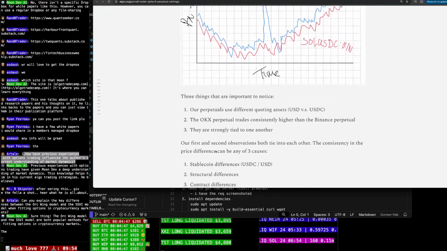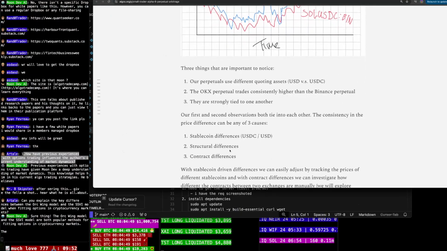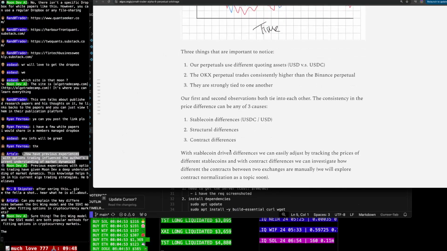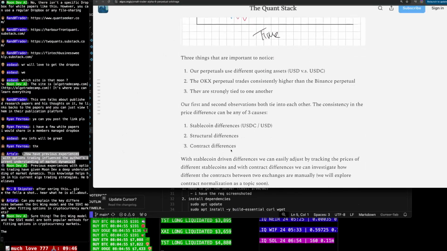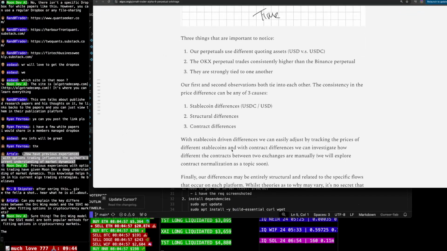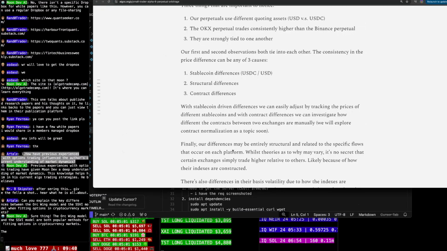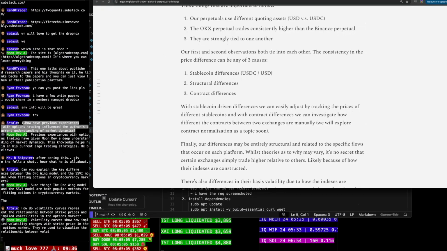Three things that are important to notice are perpetuals use different quoting assets, USD versus USDC. The OKX perpetual trades consistently higher than the Binance perpetual. They are strongly tied to one another. Our first and second observations both tie into each other. The consistency in the price difference can be any of the three causes: stablecoin differences, USDC, USD, structural differences, contract